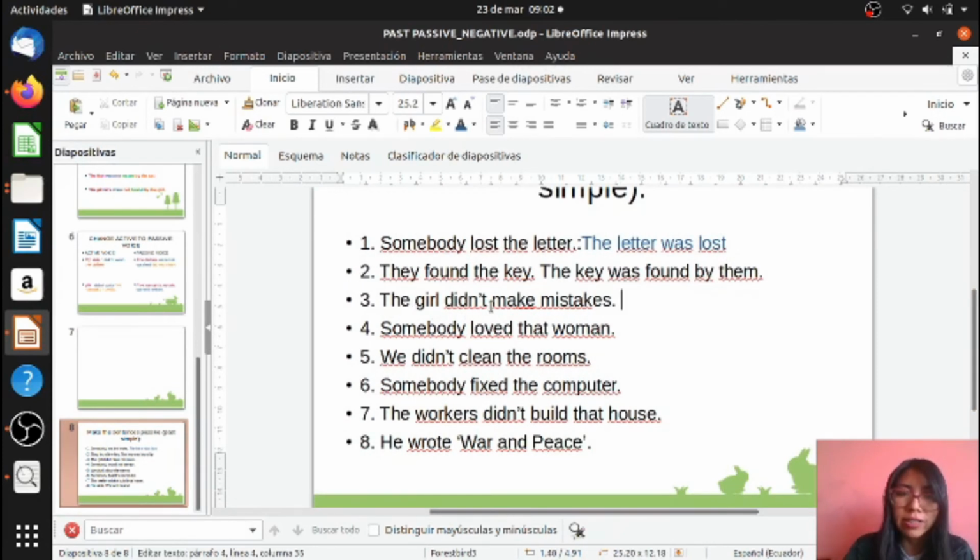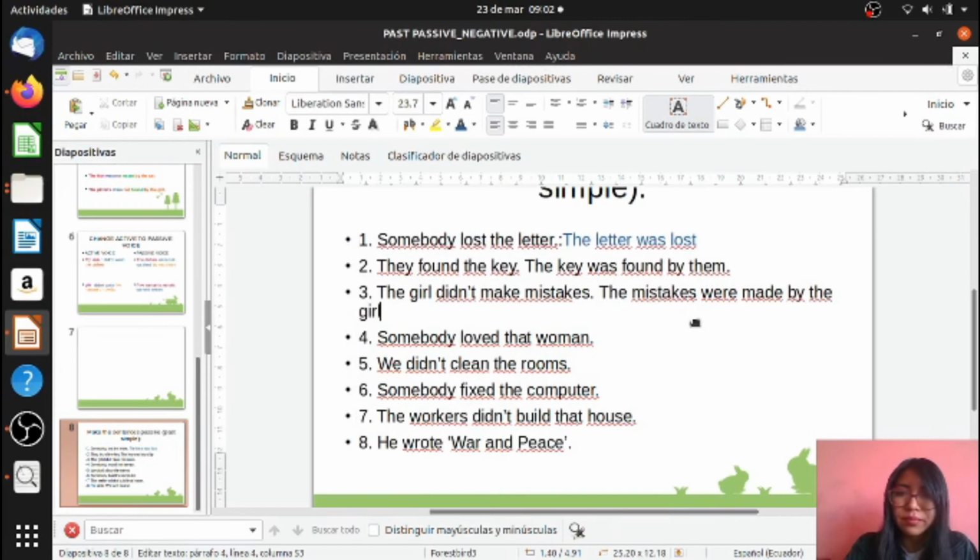Okay, in this case we have a negative sentence. The girl didn't make mistakes. Remember, that is in past form. Okay, so the mistakes, remember that is plural, so the mistakes were made. What is the past participle form of make? Look in your books. The mistakes were made by the girl. Okay,